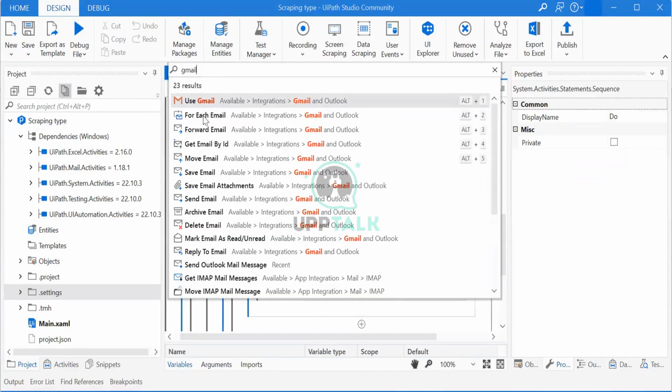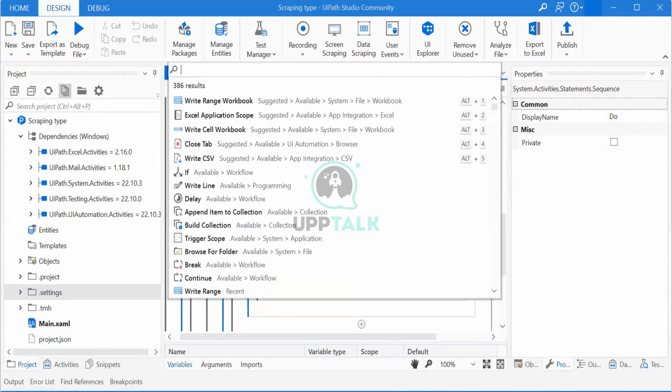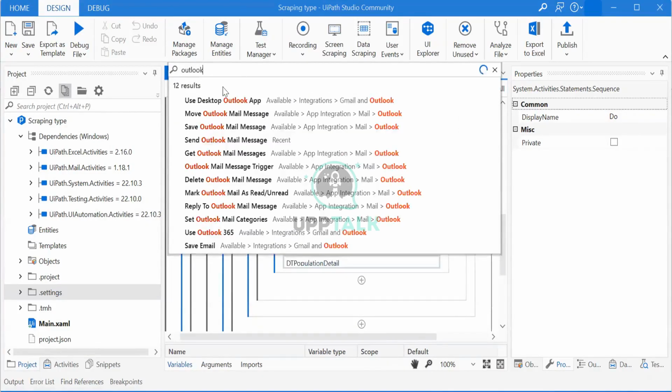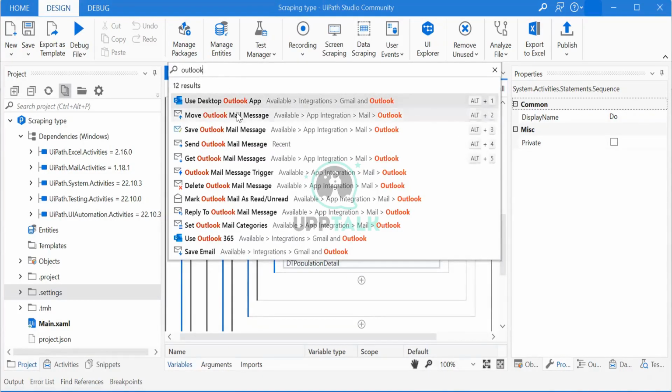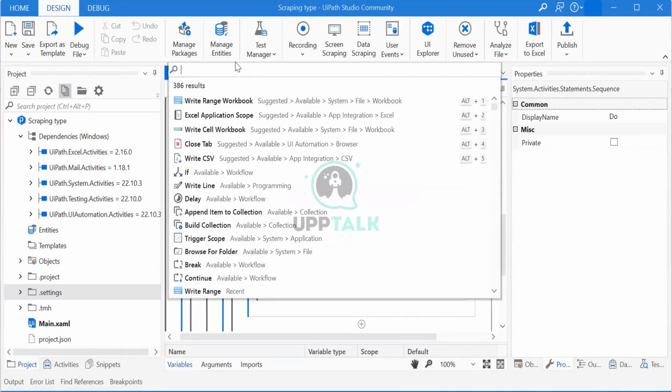Can you see Gmail? Which Gmail do you want to use? When you search for Outlook, it is also available. Can you see Outlook? Use desktop Outlook. Say, send email. Like this we have various activities. But I don't want to use my Outlook. I want to use